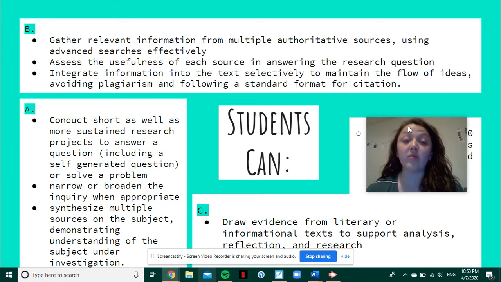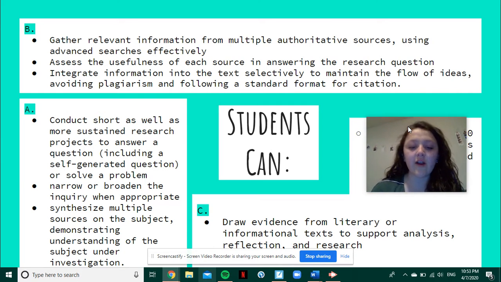And they should be able, again, to bring in multiple different sources, determine which ones are best, determine what is relevant information, figure out which sources are going to be useful, which ones aren't, which ones are reliable, how many sources should each person use, and those things are more on a case-by-case basis based off of the topic that they pick. So it also gives them the ability to evaluate themselves and also gives the teacher the ability to evaluate as they watch what's going on in the lesson as you communicate with